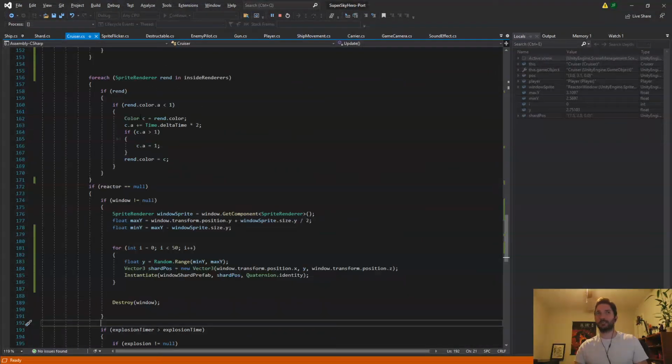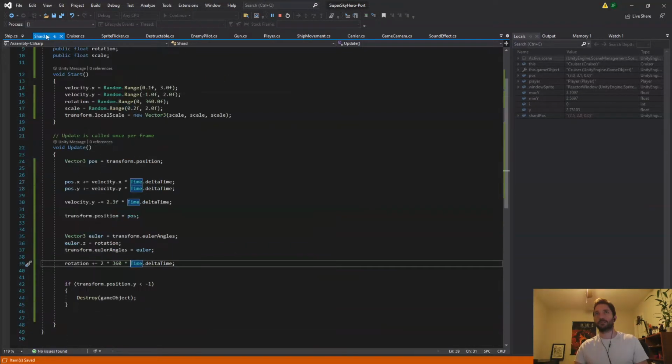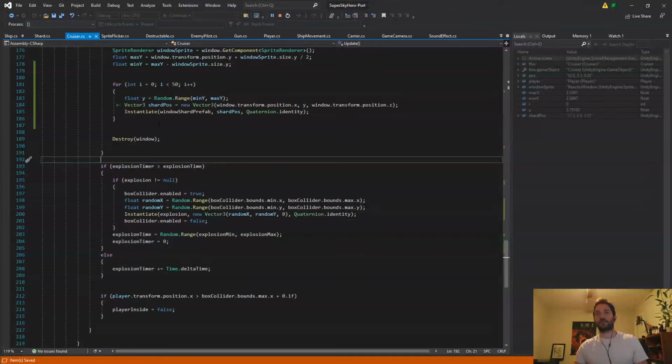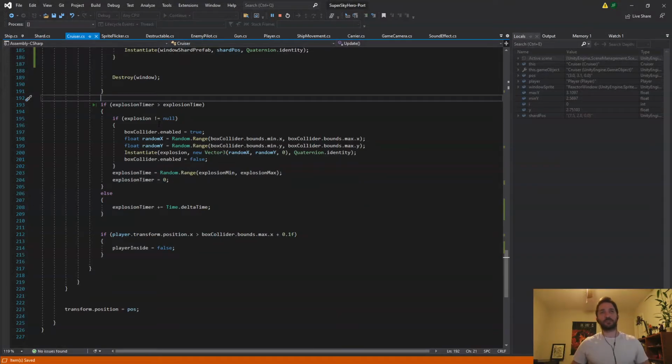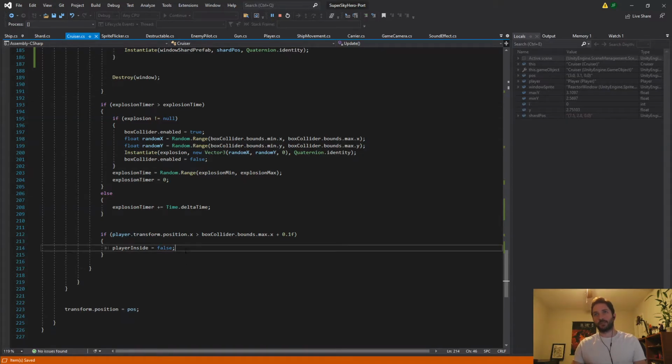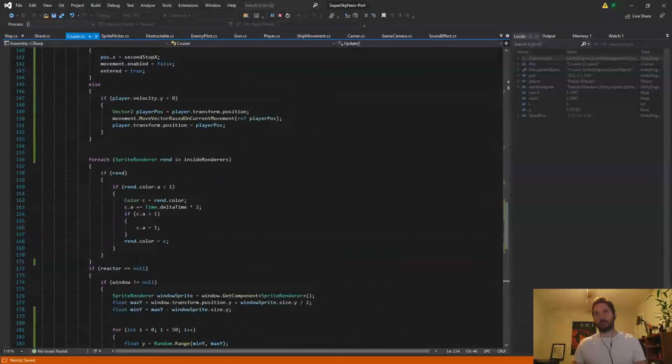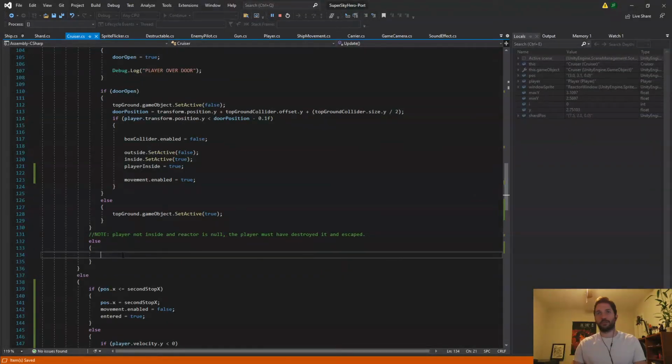Maybe that's it. Let me see what else there is on the list. So the ship is supposed to magically move into position so you can jump back in it after the glass breaks. And then the cruiser is supposed to start crashing down once you're out. So that's player inside false. So that is over here. So we will start moving